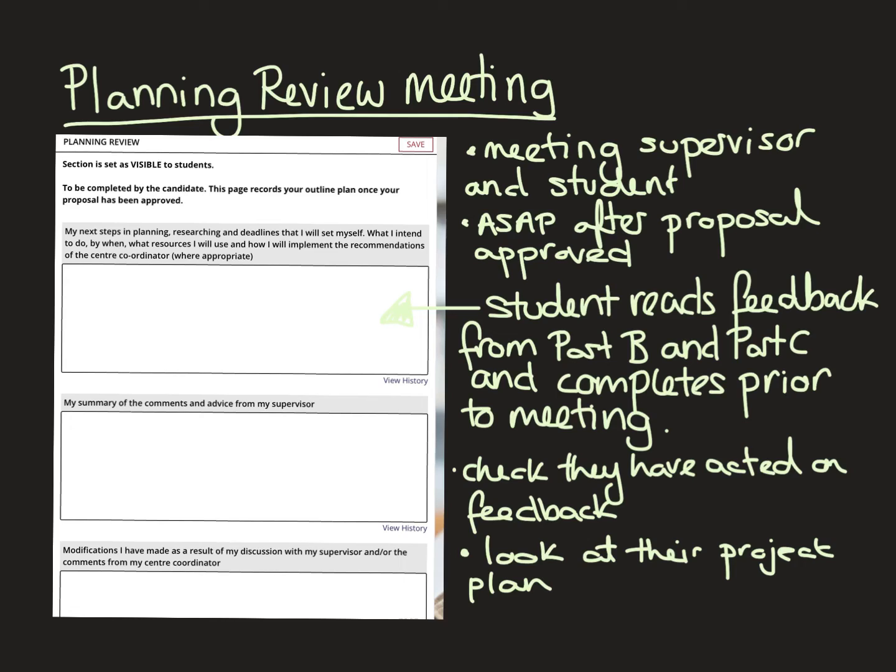So if we take this opportunity to just briefly mention what's going to happen in the planning review meeting, really important meeting in terms of getting the research project off to a really productive and efficient start. So this is the page from the planning review tab on Project Q. So the planning review is a meeting between the supervisor and the student. And ideally, if possible, the meeting would take place as soon as possible after the proposal has been approved in Part C. It's normally about a half an hour meeting,